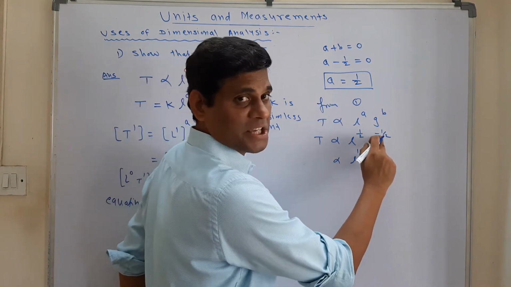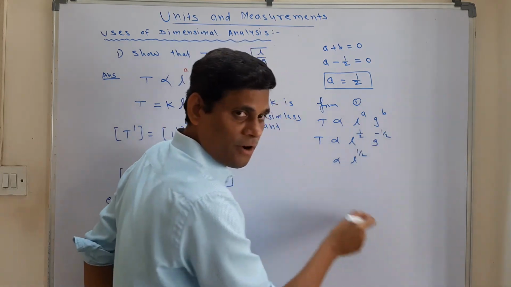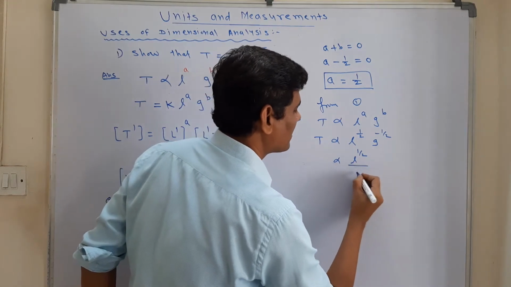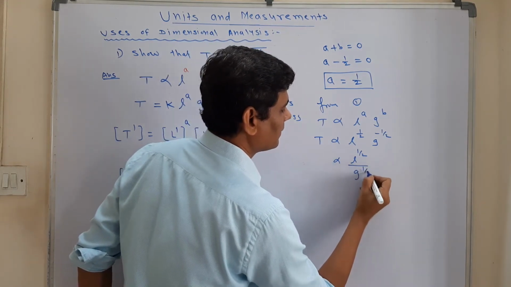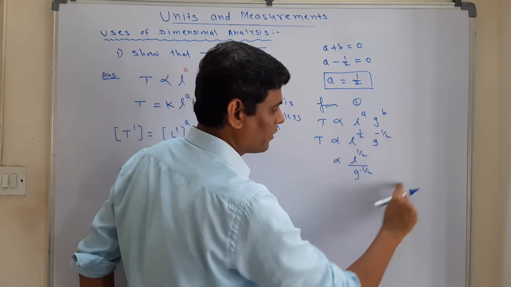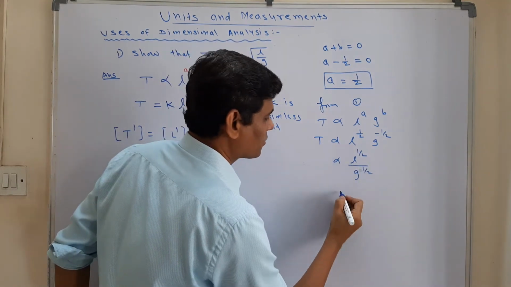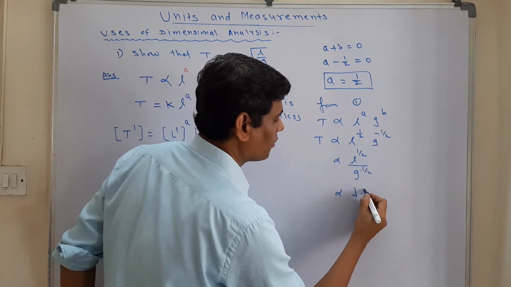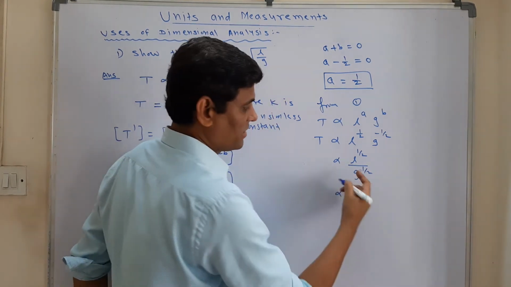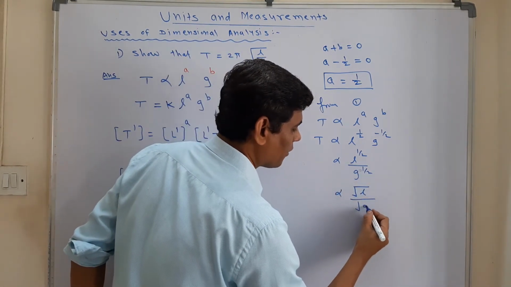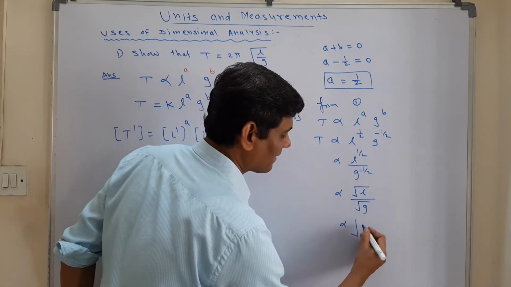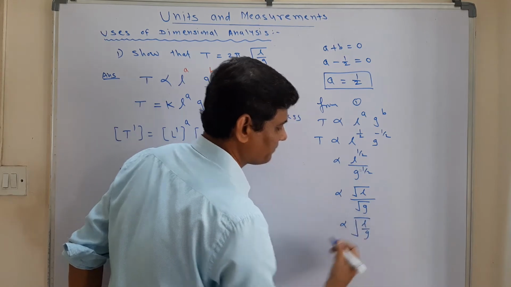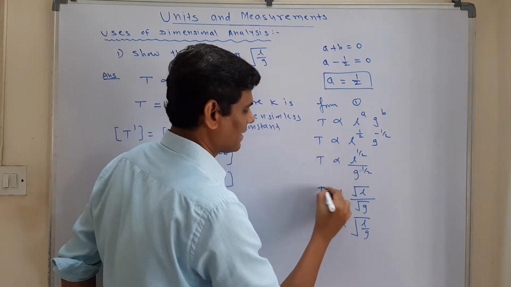अगर ये माइनस को मुझे प्लस करना है तो न्यूमरेटर से कहां जाएगा वो, डिनोमिनेटर. सो यू कैन से G raised to half. Okay, I took it from numerator to denominator. L raised to half, I can say root of L, and G raised to half, that also I can say root of G. I can write both the roots together, that is root of L upon G. Okay, this T as it is.